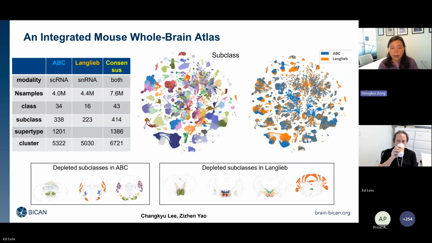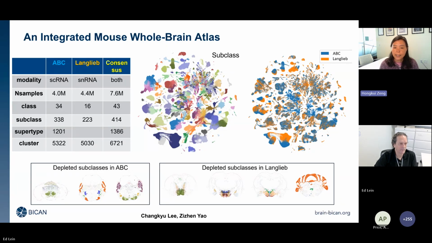Changqing Lee and Zeng Yao, to computationally integrate two major whole brain cell atlas taxonomy data sets that we published in 2023. One is from the Allen Institute, we call it the ABC Atlas, a single cell RNA-seq data set across the entire brain. And another is a similarly large data set across the entire brain from Evan Macosko's lab, single nucleus RNA-seq. So using a scaled up computational approach, we used scVI to integrate those two data sets together, as you can see here, creating a consensus or integrated single cell and single nucleus mouse whole brain atlas, now containing more than 7.6 million cells or nuclei after stringent QC, and a definition of a new set of classes, subclasses, supertypes, and